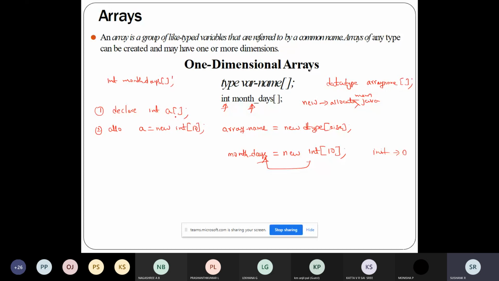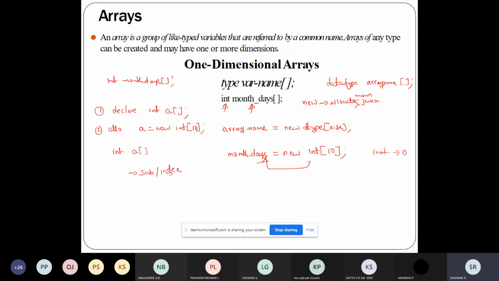You can write it in two separate lines, or you can even write it in a single line also. So this is the process that is followed in Java to declare and allocate an array. All the elements will be initialized to 0 by default, and all the elements are dynamically allocated. Once you declare and allocate an array, you can access the array elements by their subscript, which we will also call the index.